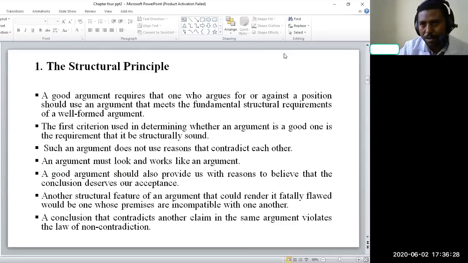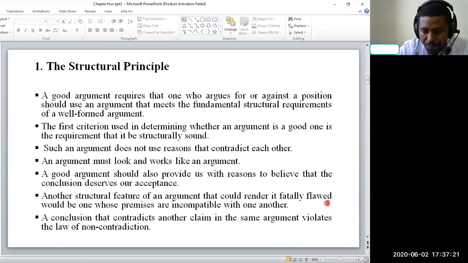Let us look at the first principle of good argument. To make our discussion effective and purposeful, as I have told you, we must look at the structure of our arguments, because the structure of the argument has its role in transferring our purpose, so it must be structurally sound first, which means an argument requires